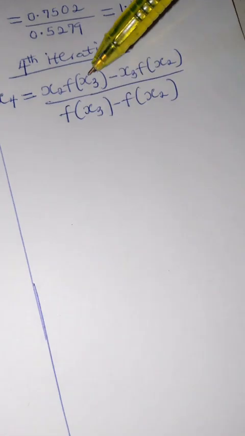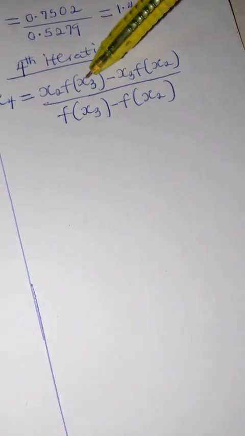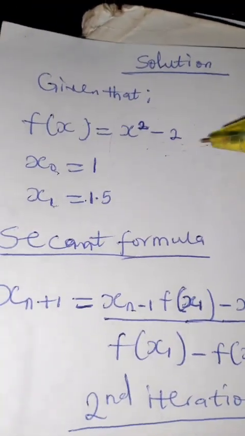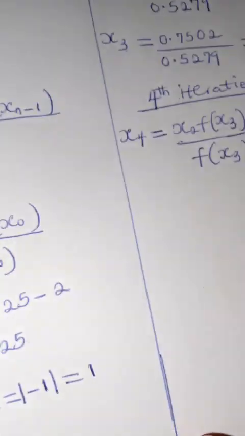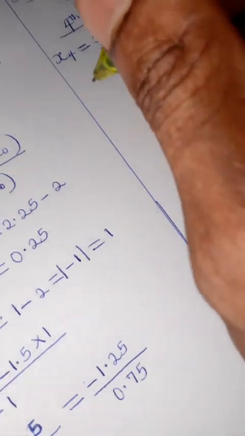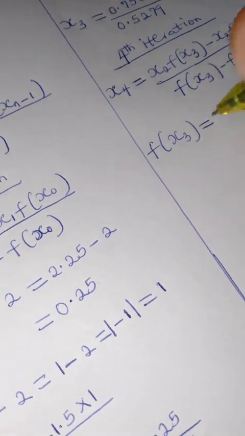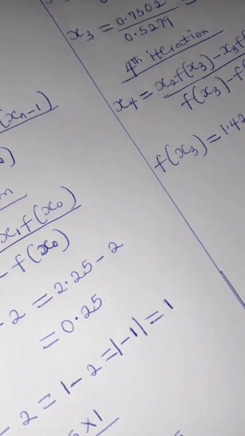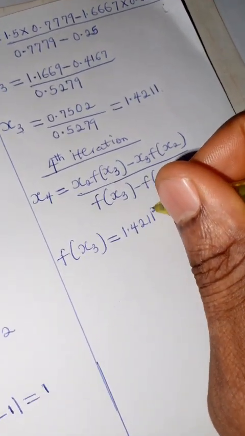Now if you recall, we have x2 already, we have f of x2, but we don't have f of x3, we only have x3. Since we have x3, we are going to substitute the value of x3 into this particular equation to get the function of x3, which is f of x3. So f of x3 here, if we substitute, we have what? 1.4211 squared